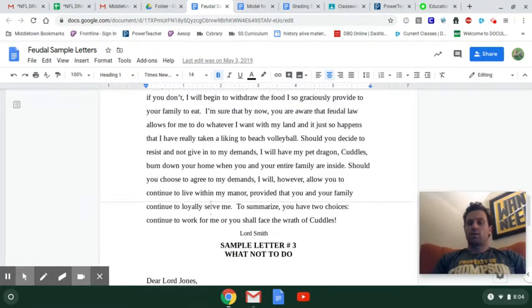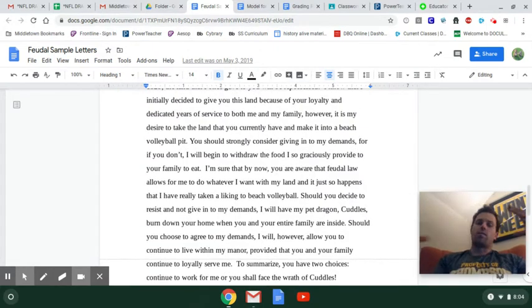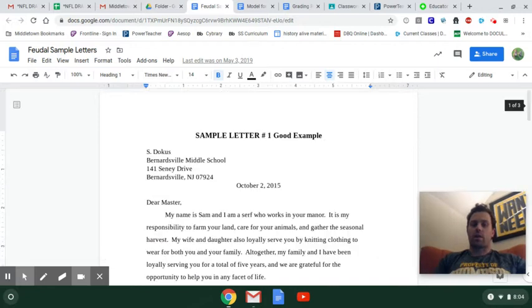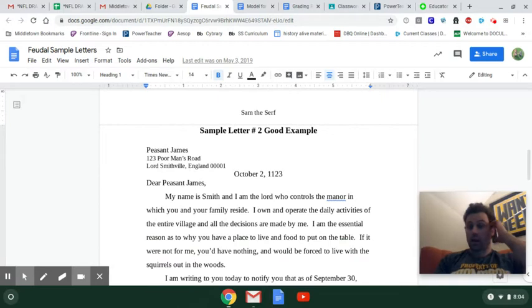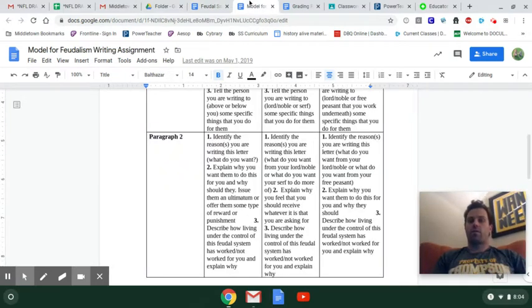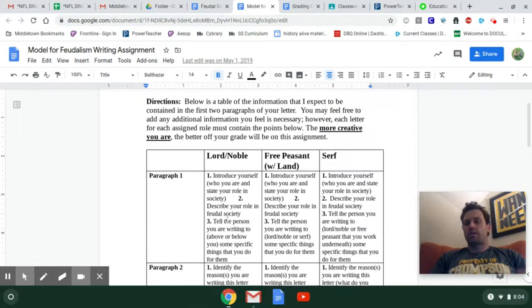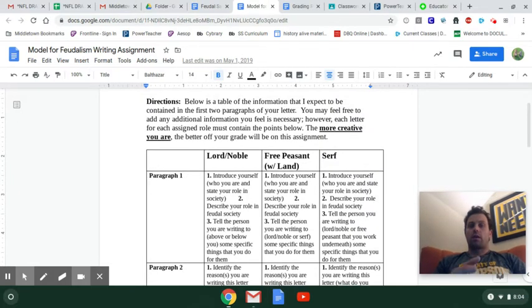So you can see a little bit more creativity. You can see how this top letter and this letter from Lord Smith kind of interact. So you could do that interaction too with a friend. No secret word today, since you are just doing the Flipgrid or the letter. It's your choice. I encourage the Flipgrid and the creativity.